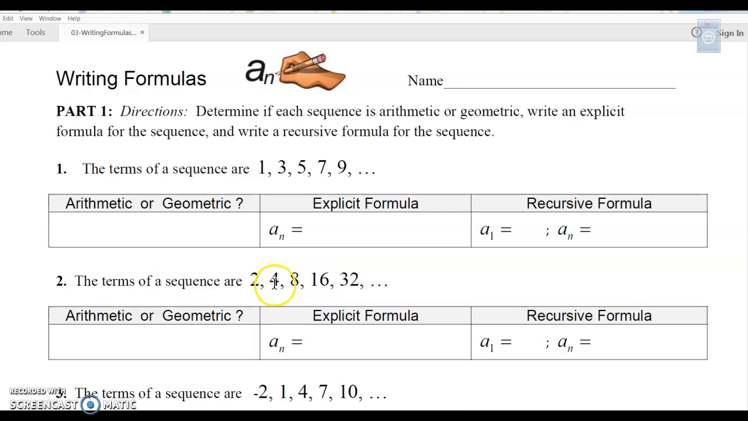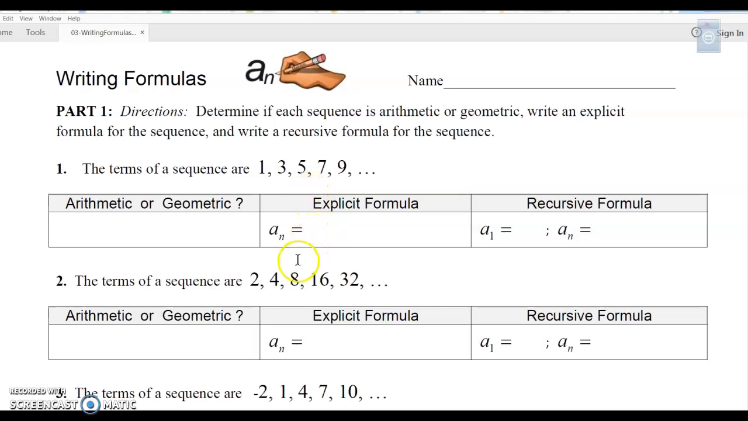This is Algebra 2 practice writing formulas for arithmetic and geometric sequences. There are two kinds of sequences that we've been talking about. The first one is the arithmetic sequence, and the second one is the geometric sequence. An arithmetic sequence is a sequence that increases by addition or subtraction, and a geometric sequence is by